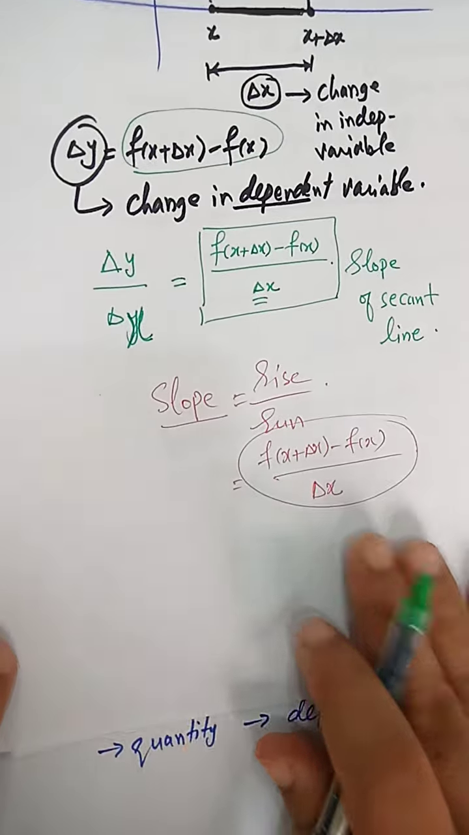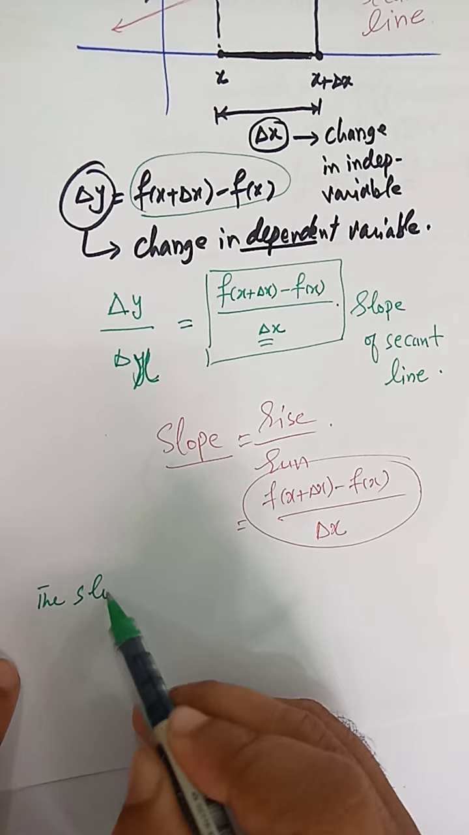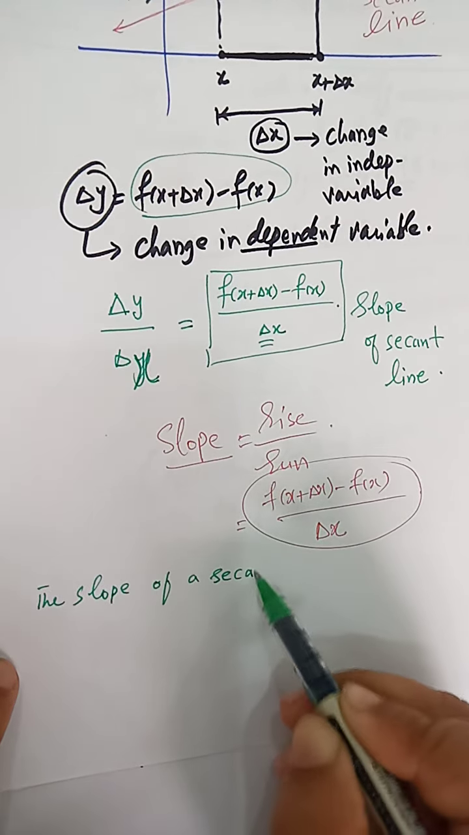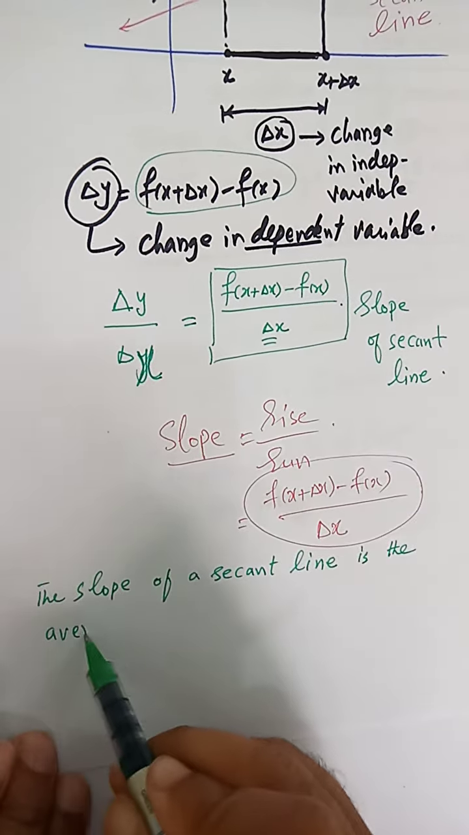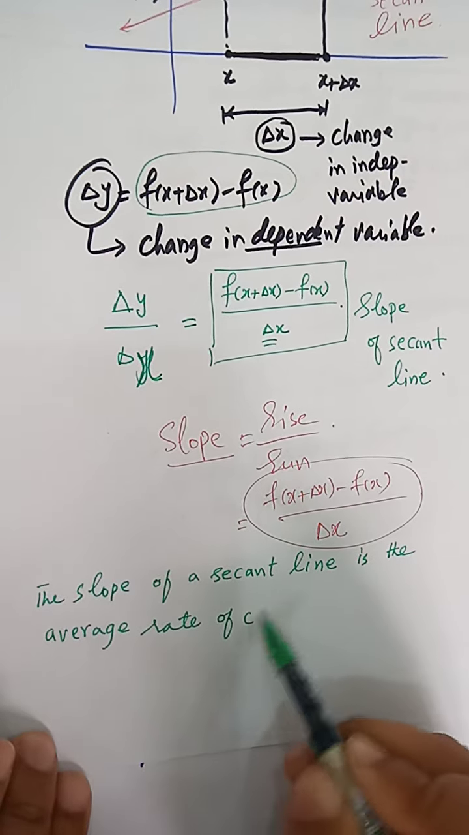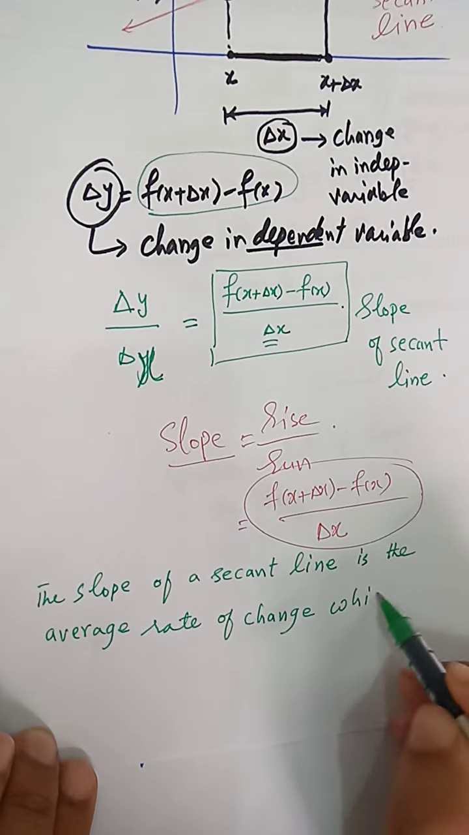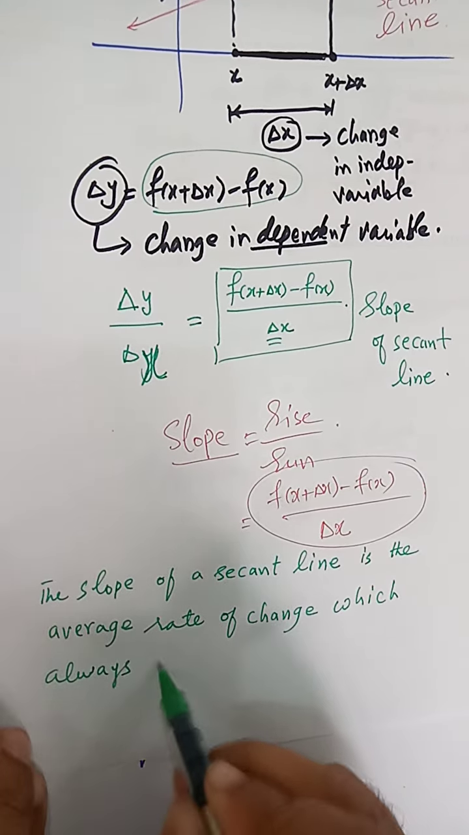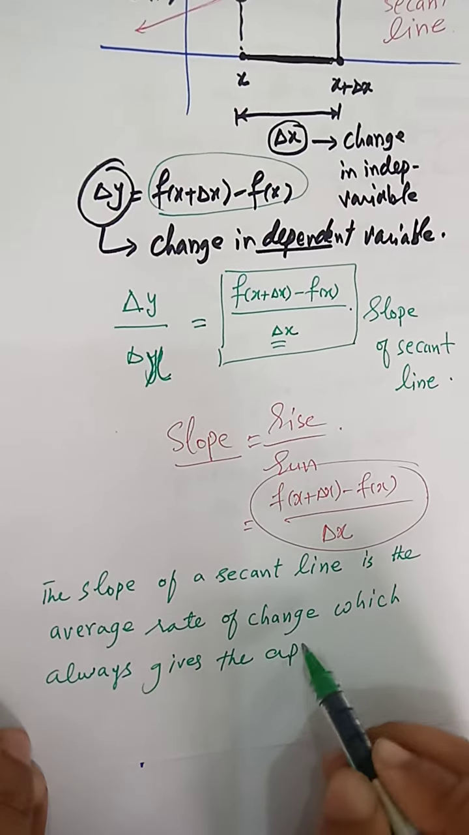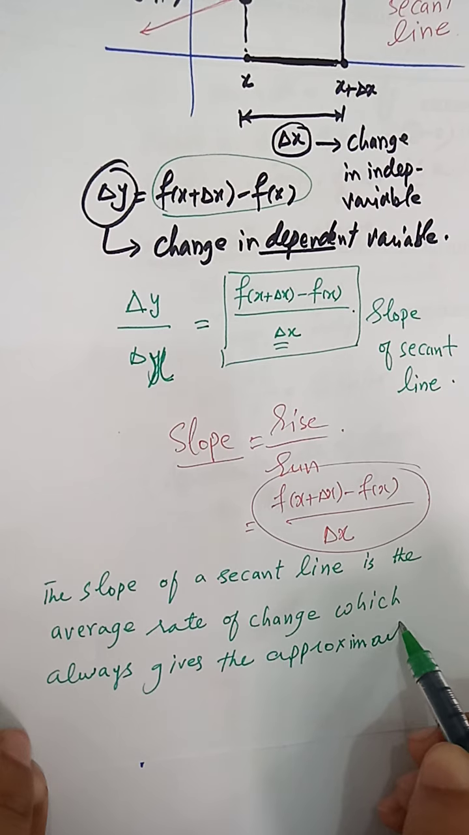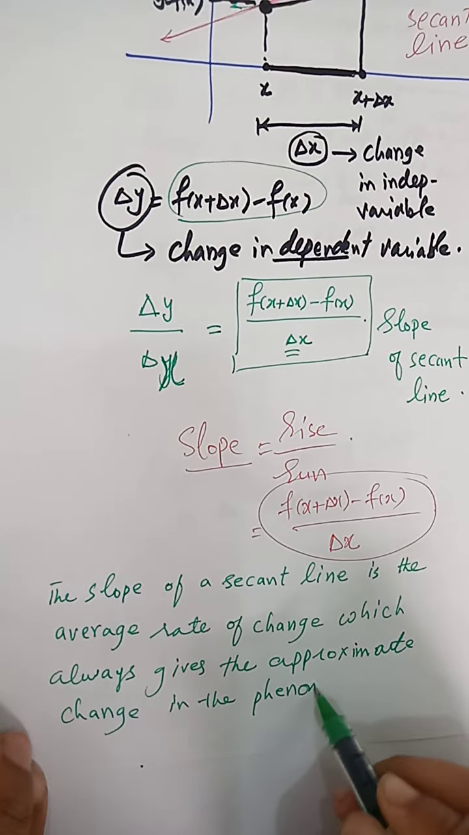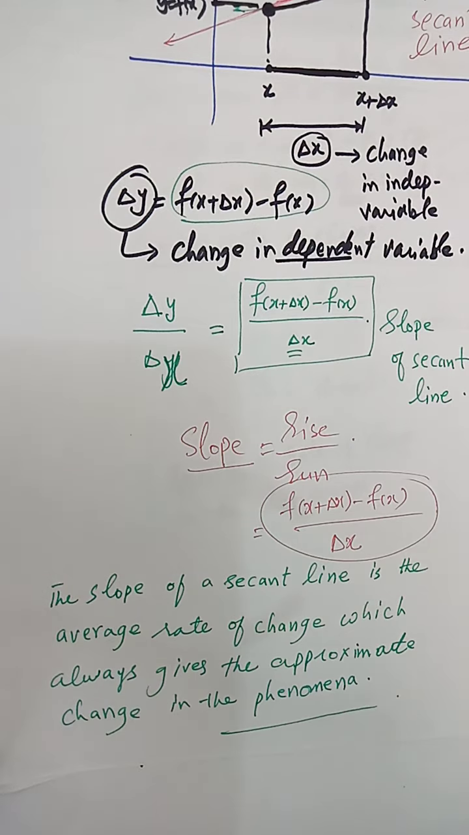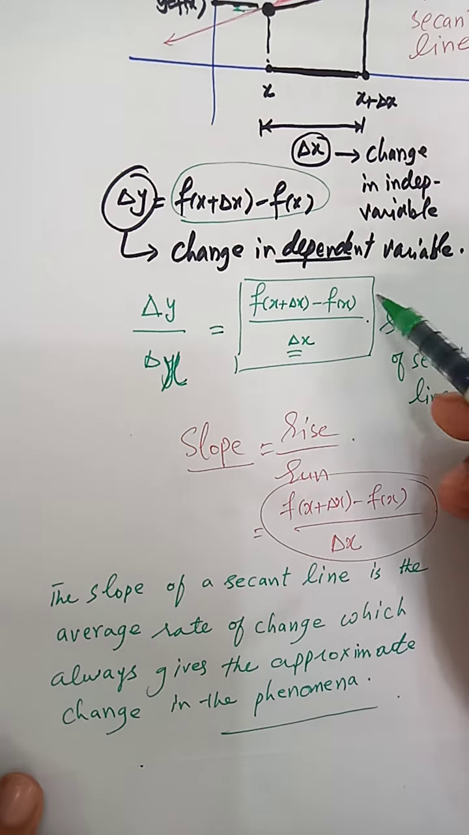So the conclusion is: the slope of a secant line is the average rate of change which always gives the approximate rate of change in the phenomena. So the average rate of change we have is the slope of the secant line, which gives us the approximate rate of change in the phenomena. You have to remember this, that is delta